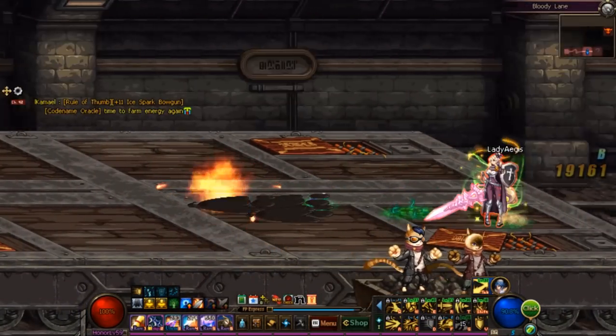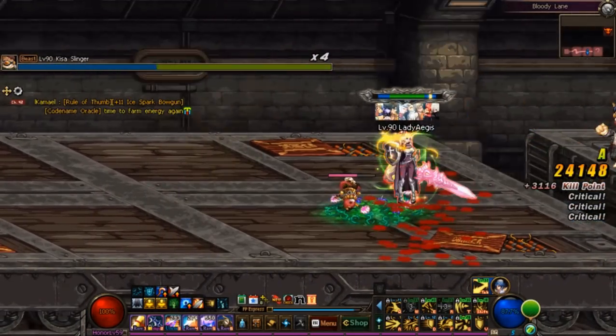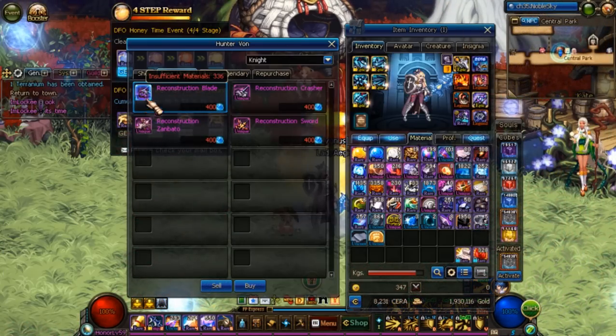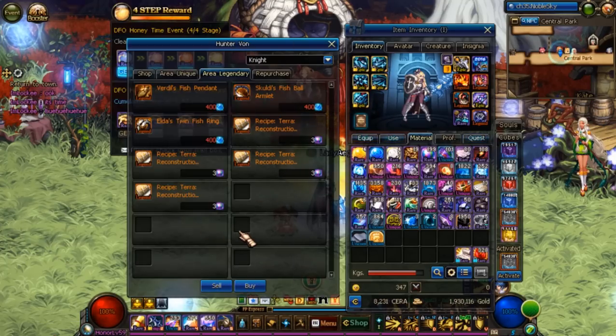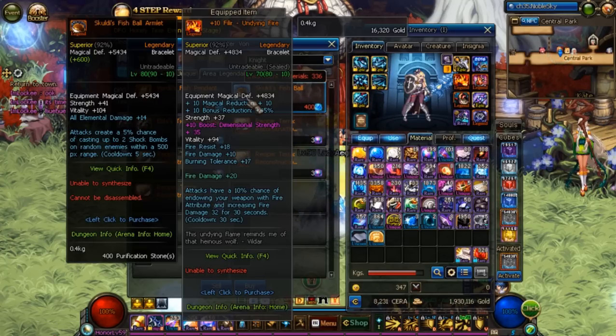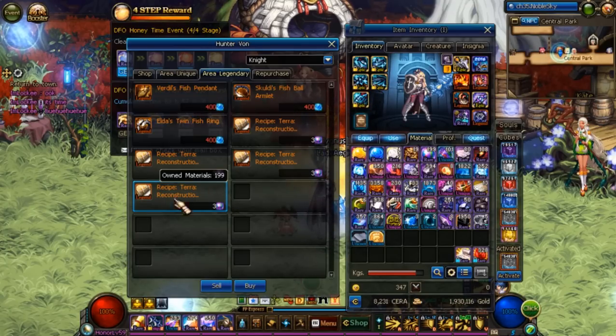The special dungeons are also of note. The Bloody Lane dungeon allows you to farm purification stones in order to turn into the Hunter Vaughn NPC for region-specific legendary gear. There is a legendary accessory set as well as a unique weapon called your Reconstruction weapon, which can then be upgraded to legendary grade and can be considered maybe a more potent Halidom weapon with a